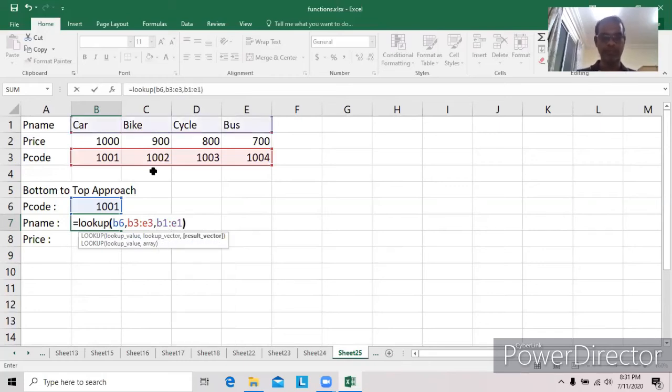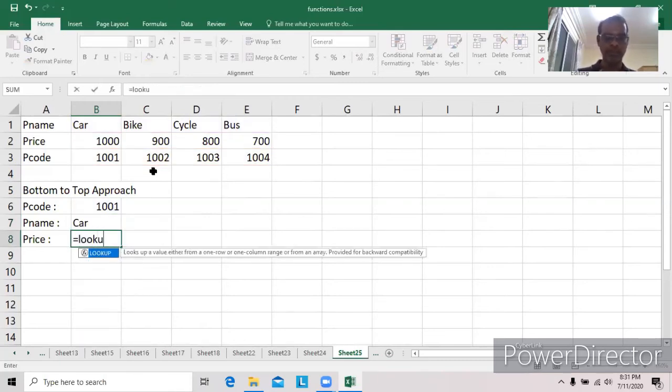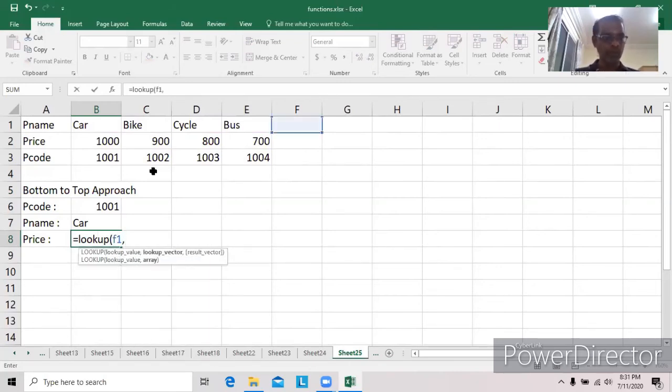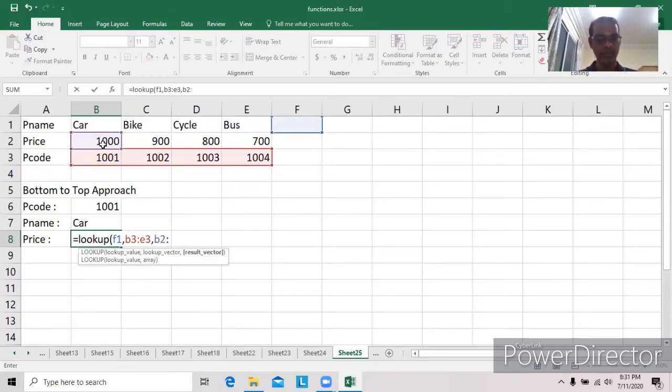Similarly here, lookup open bracket F1, comma. Lookup row is B3 colon E3, comma. Then the result row is B2 colon E2.